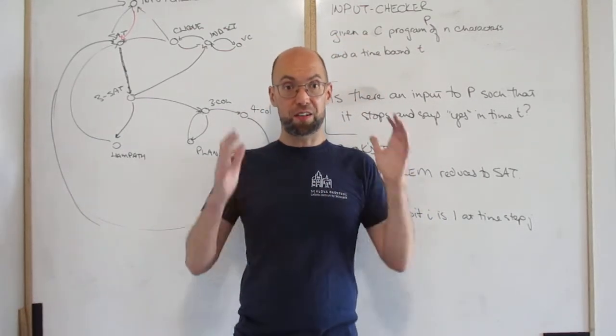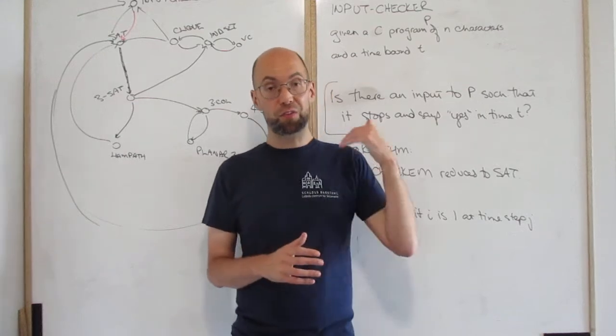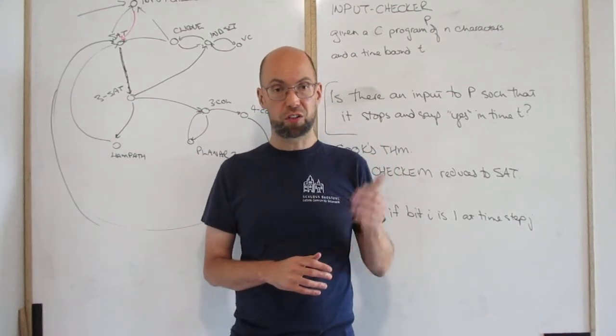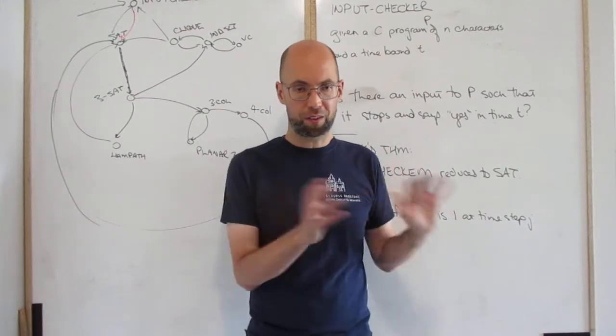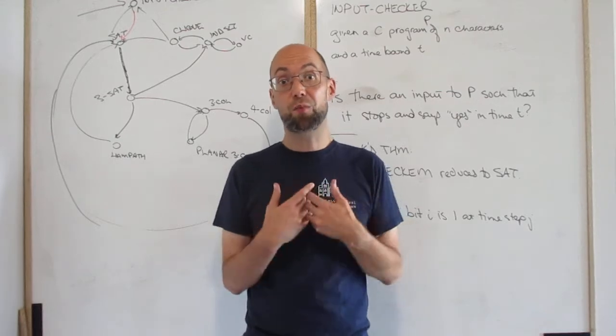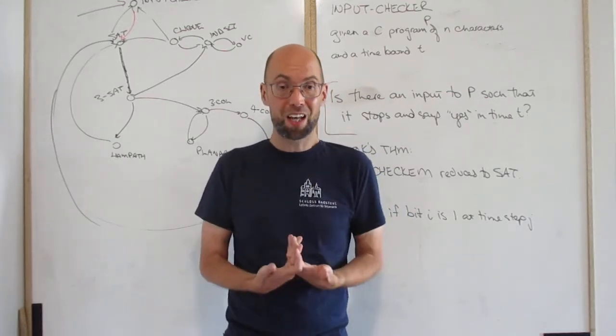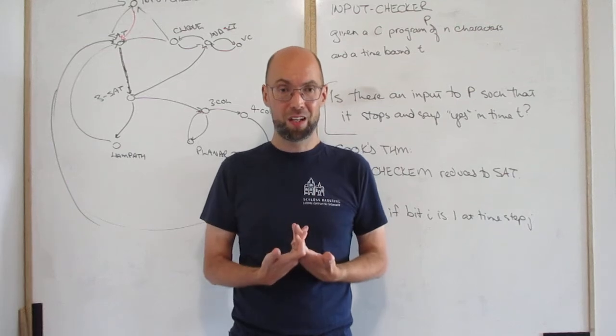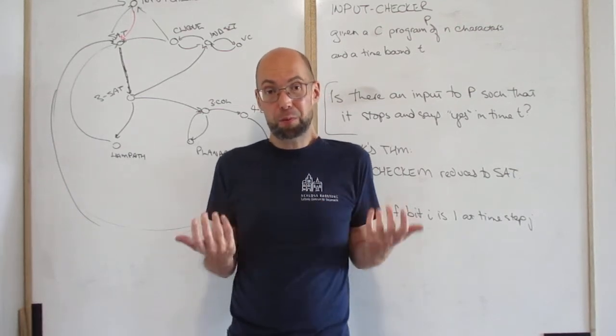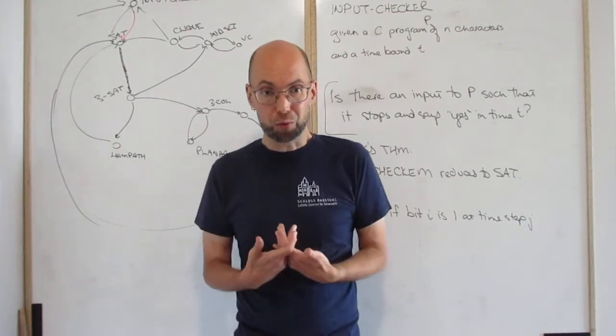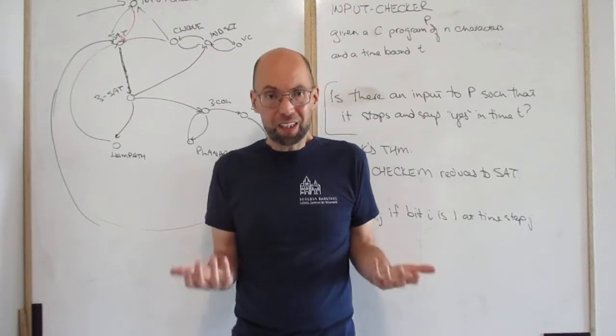Because he wanted to say there are certain things that computers cannot do, which we'll see at the end of the course in the diagonalization and the halting problem and Kolmogorov complexity, all that kind of stuff. But he wanted to prove that there are things that computers can't do. In order to prove what a computer can't do, you have to know what a computer is. So in order for people to accept your proof, they have to believe in your